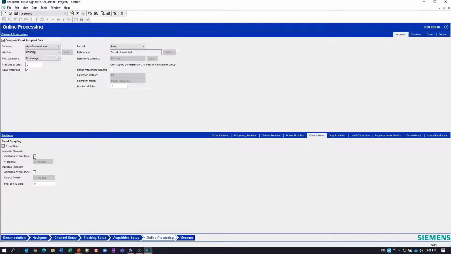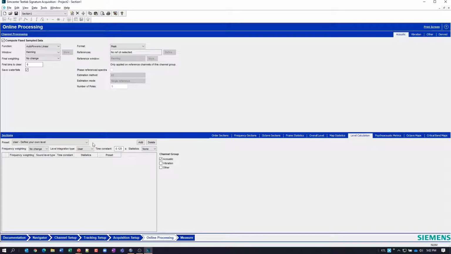And for acoustic channels, I can also create a second one with some weighting, in this case A weighting. But there's also, specific to sound pressure level, this level calculation where I can choose something universal, like a level, A weighted, a fast time constant. And I can add that and it'll calculate that. I can also choose the slow version, and I will get an LAF and an LAS.